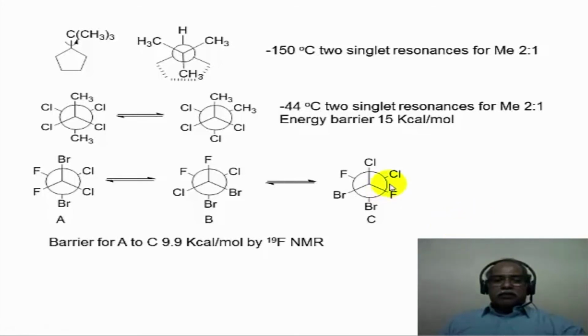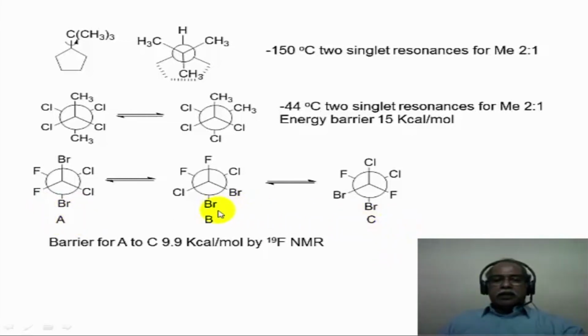We have already seen one example of the carbon nucleus being used in the variable temperature NMR spectrum of cis-1,2-dimethylcyclohexane. Here the fluorine nucleus is used for the conformational study of this difluoro dibromo dichloroethane derivative. Now if you look at these various conformations, the one where the two bromines, which are the bulky groups in this particular system, are the farthest away from each other is conformation A. In other words, conformation A is going to be the most stable conformation.